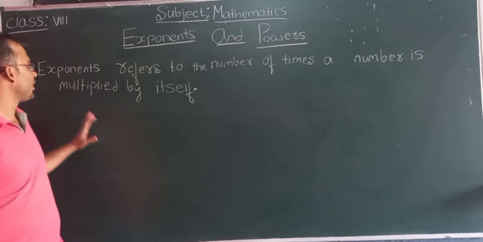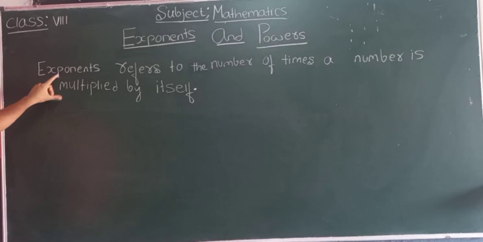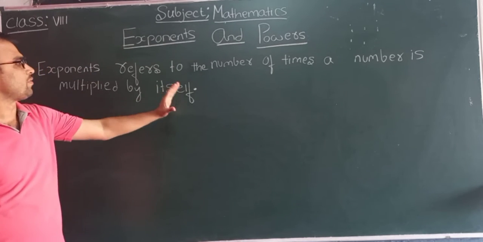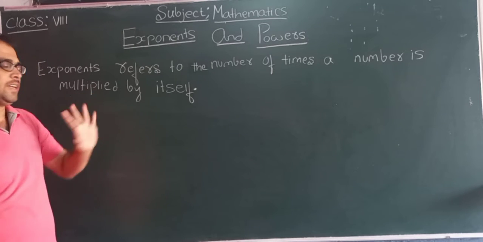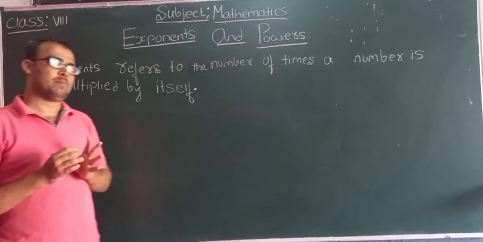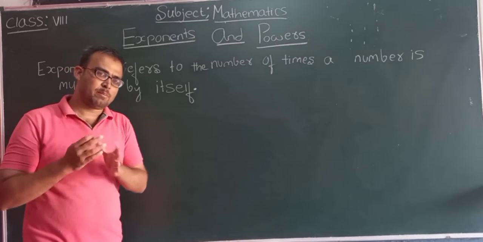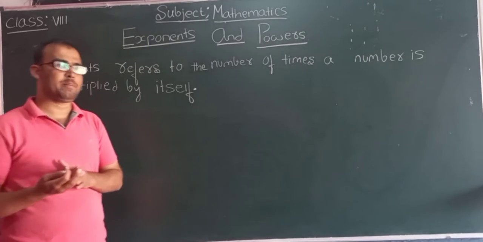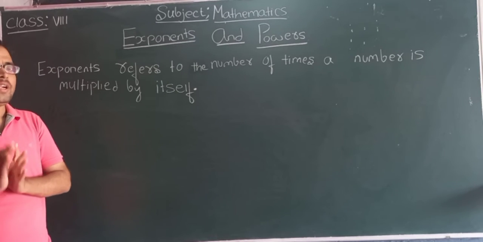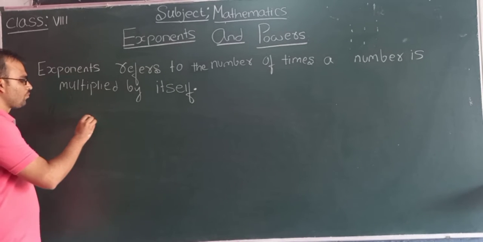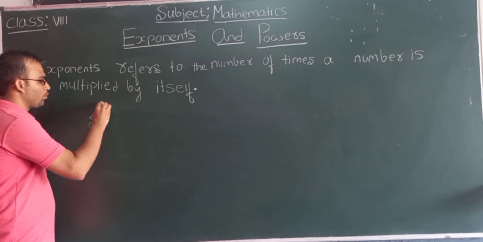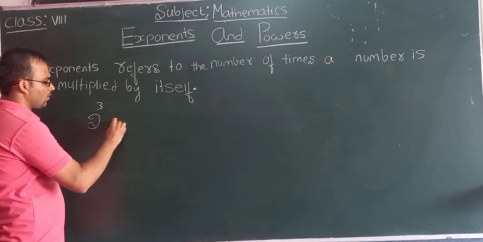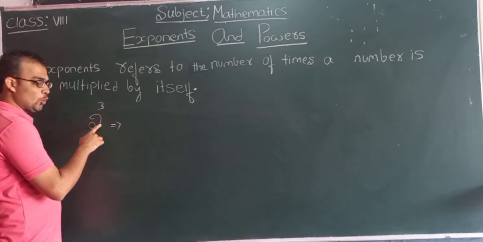Now we'll see what is meant by exponents. An exponent refers to the number of times a number is multiplied by itself. The number is multiplied by itself a particular number of times. For example, if I write 2 to the power 3, then we need to multiply 2 three times,